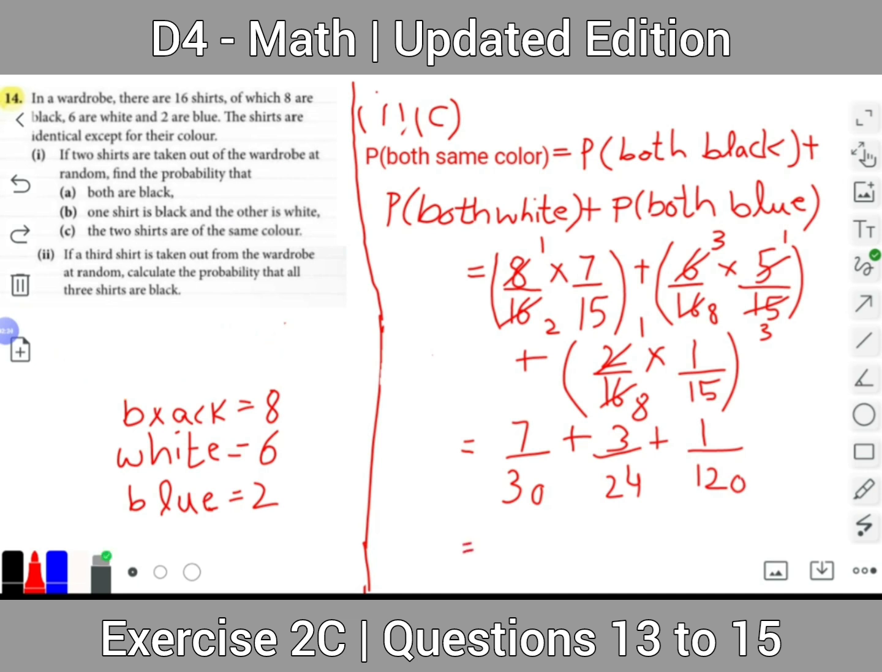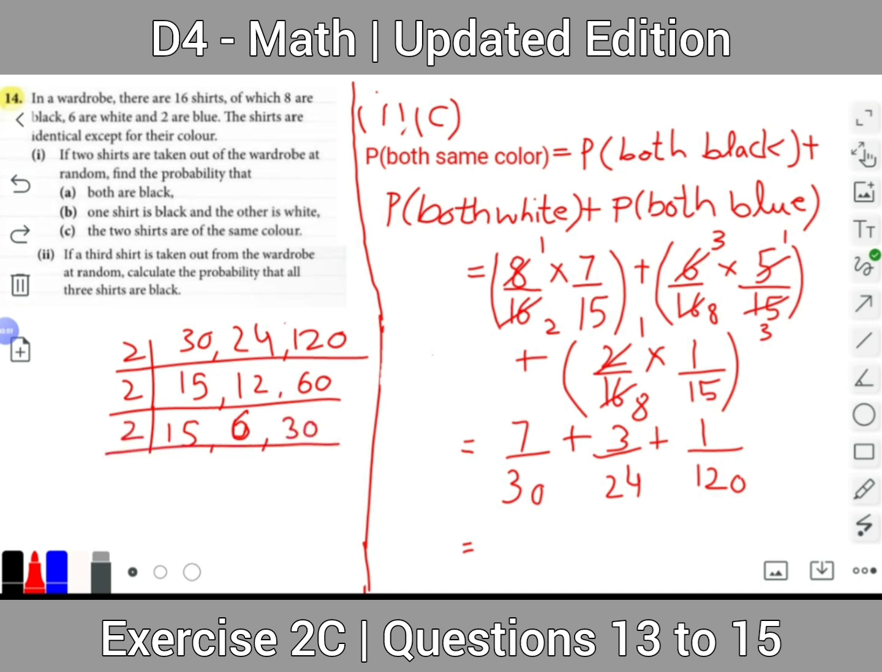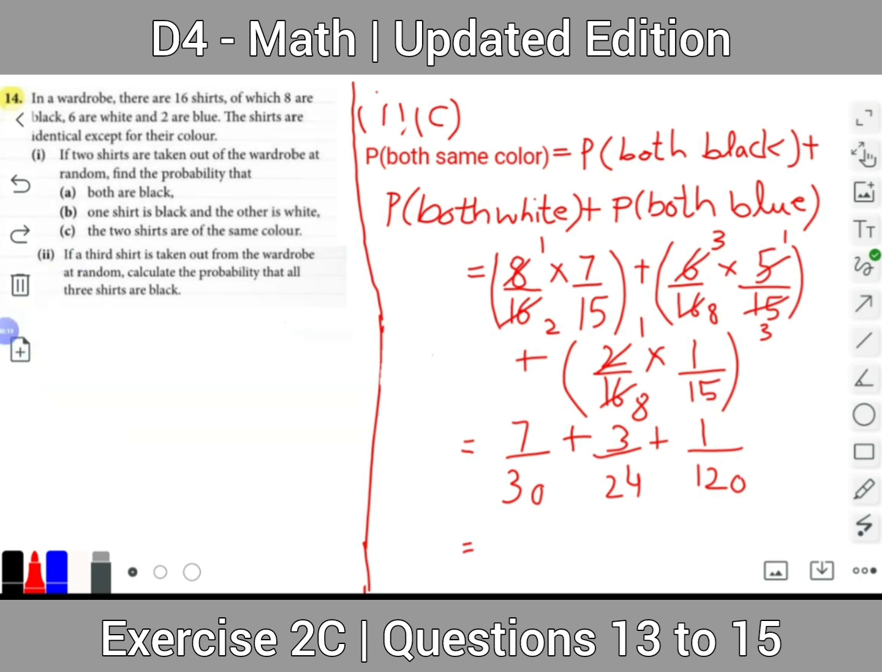Now we will take the LCM of 30, 24 and 120. So 2 ones are 2 and 2 5s are 10, 2 2s are 4, 2 6s are 12, here is 60. 2 4s are 8, 2 6s are 12, and 2 3s are 6. We have 3 over 24 plus 1 over 20. So we can further simplify 3 over 24. So here we have 1 over 8. Now we will take the LCM of